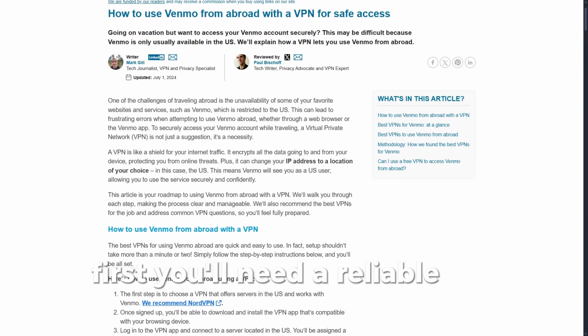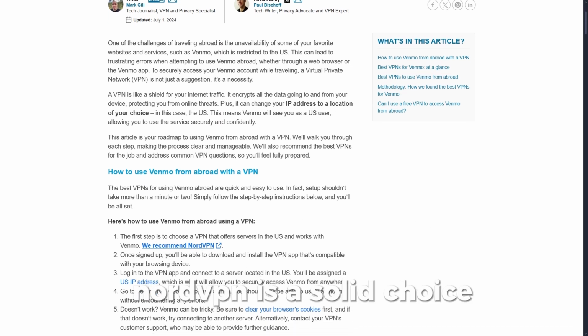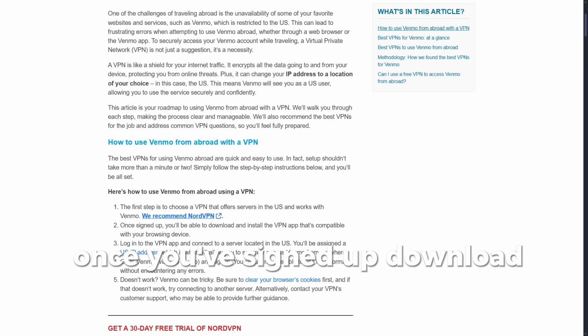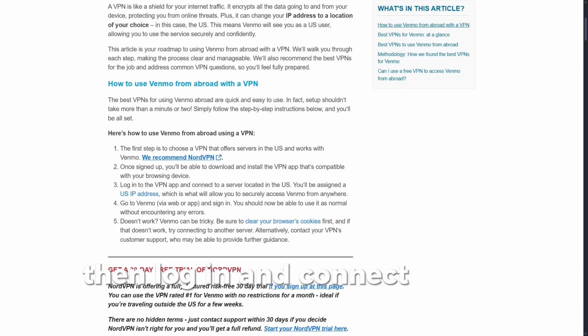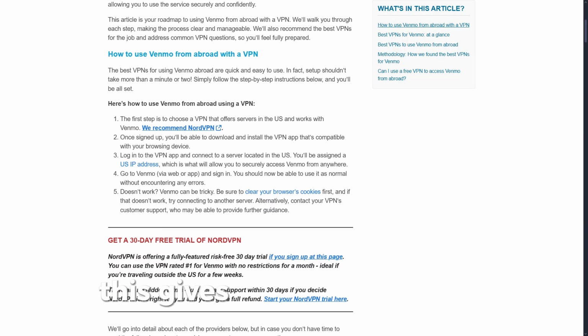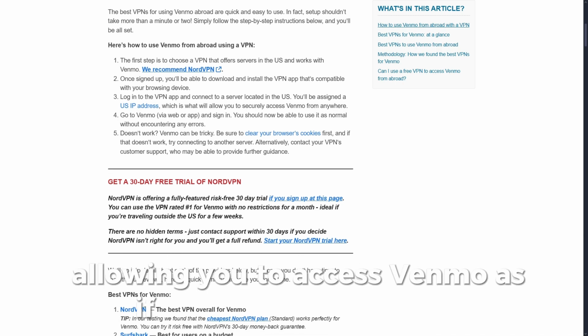First, you'll need a reliable VPN with US servers. NordVPN is a solid choice. Once you've signed up, download and install the VPN app on your device, then log in and connect to a US server. This gives you a US IP address, allowing you to access Venmo as if you were in the